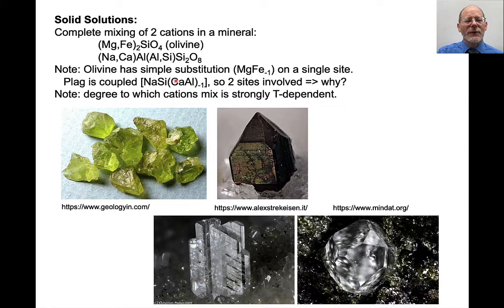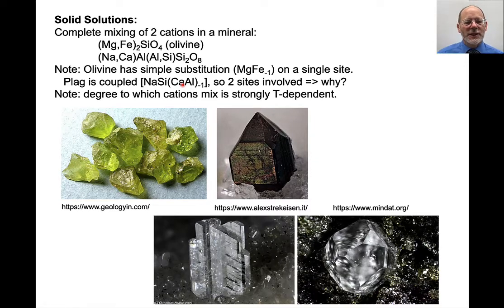This is the way we would write that exchange vector. And the degree to which cations mix is very strongly temperature dependent. Olivine has strong solid solution behavior over almost all temperatures. Plagioclase and many other minerals have strong solid solution at high temperature,